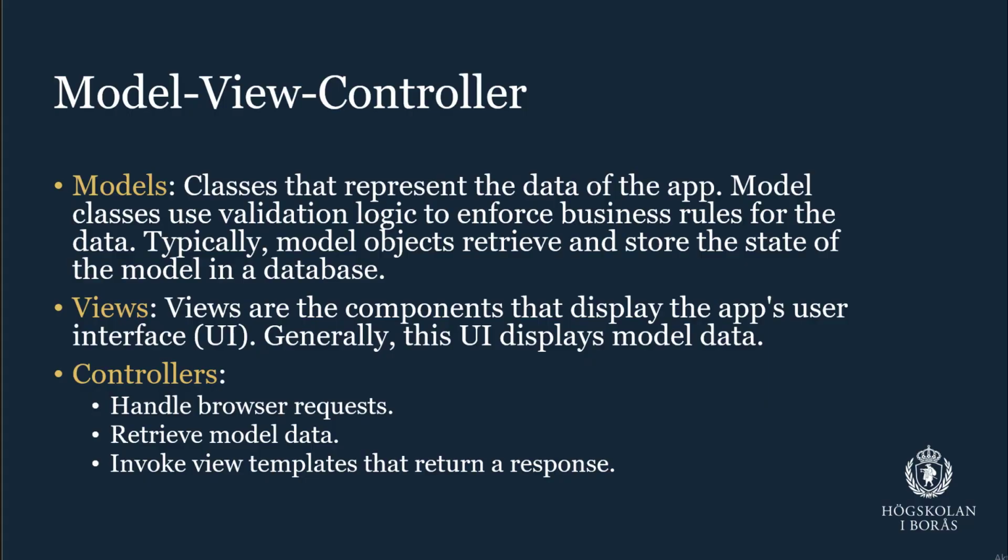So by applying the model view controller pattern, we have models that are classes that represent the data of the app. The model classes use validation logic to enforce business rules for the data. Typically, model objects retrieve and store the state of the model in a database, while we have the views, and their main responsibility is to be components that display the app's user interface, and generally this UI component displays model data